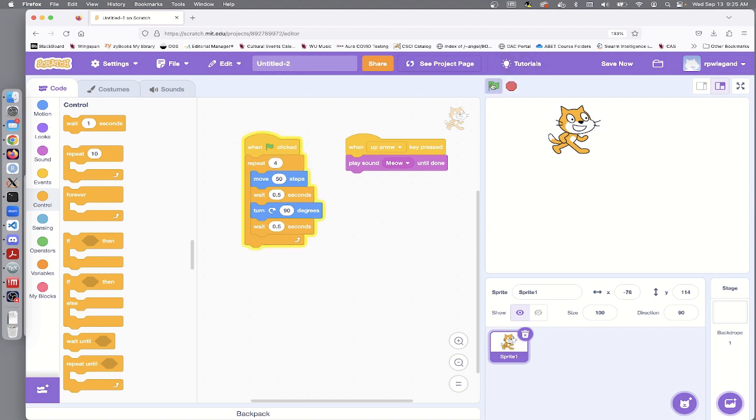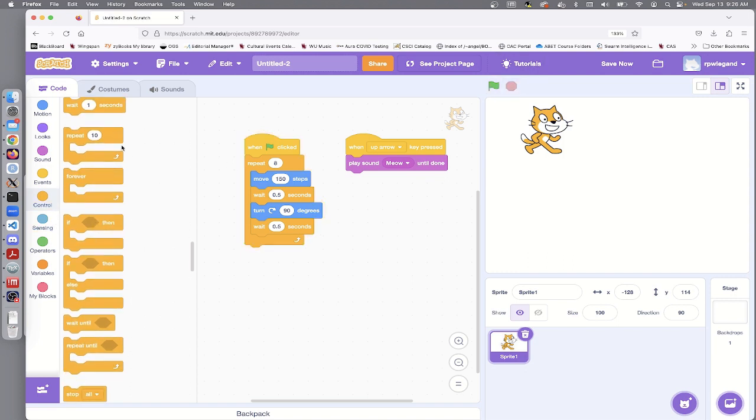Right? So good. 50 steps seems a little light to me, so let's go 150 steps, right? And maybe we'll have them go around twice. So 8, we'll repeat the cycle 8 times because each time is a move and a turn, right? So here we go. I'm hitting the up arrow to get the owl sound. So that's the idea. We can also put in this control area, this has to do with control flow, we